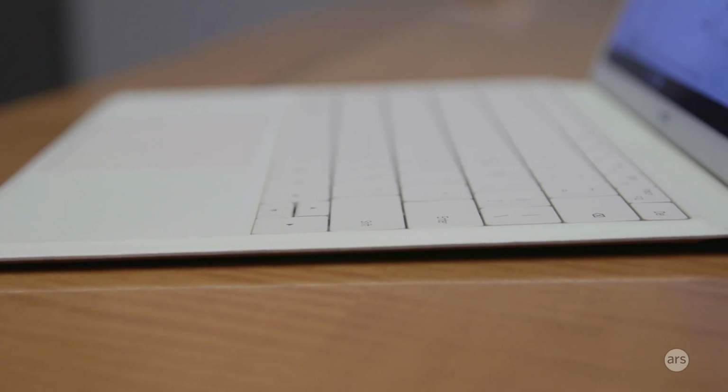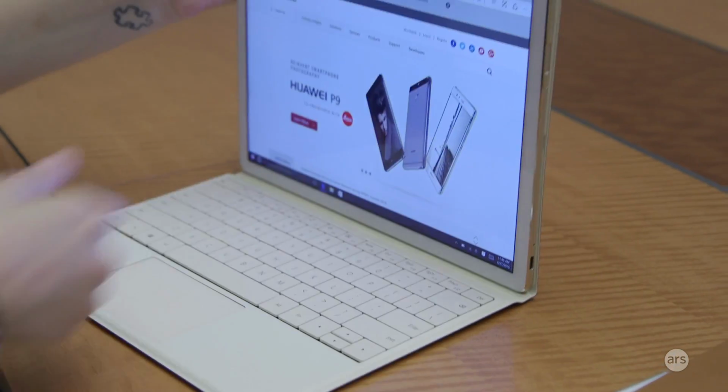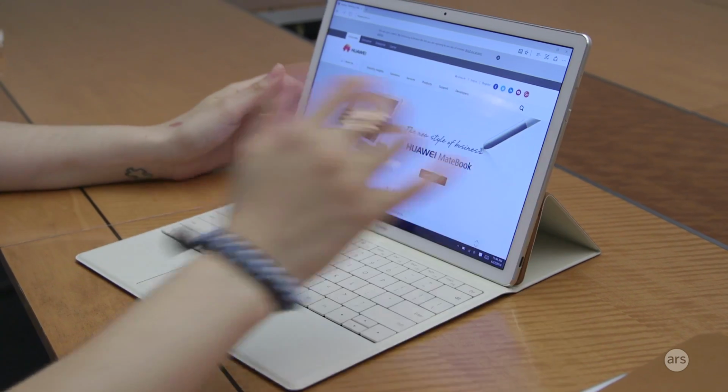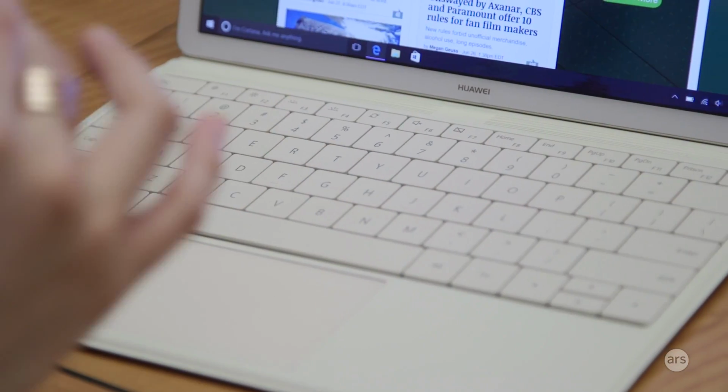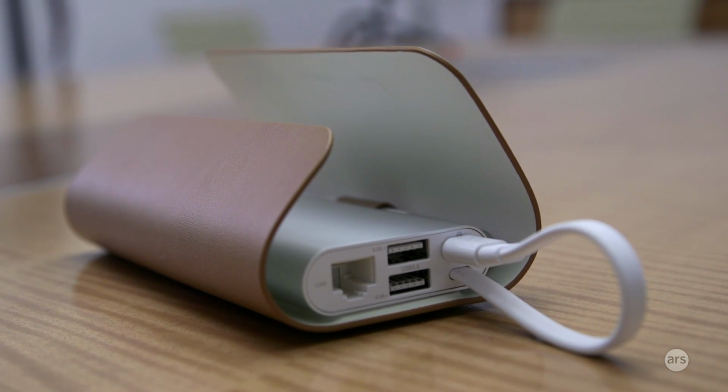Huawei is generally known for its smartphones, but now the company has come out with their first true two-in-one. It's a combination hybrid tablet and a laptop. So the device itself is just this very thin laptop. There are optional accessories for the keyboard case, and you have this right here, which is the Mate dock, and